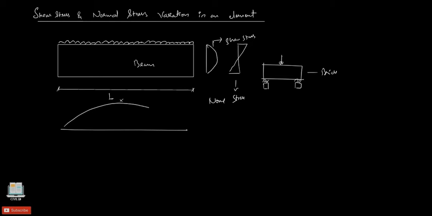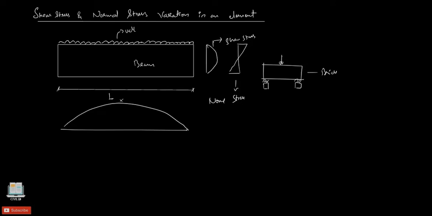In the case of UDL, the variation is parabolic in nature throughout the length. So when we apply the load centrically, we will get the maximum bending moment. However, here we have a UDL, but in this case we are taking a point load. In both cases, the bending that acts is maximum at the center. Now, how does this normal stress actually affect the beam or our brick?